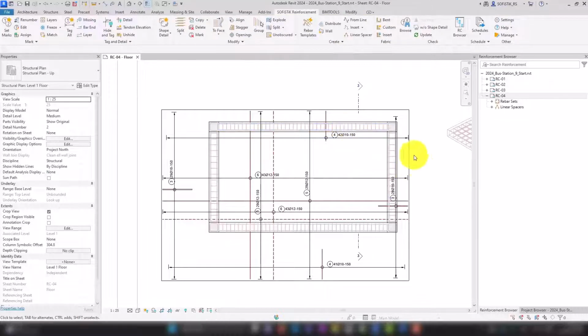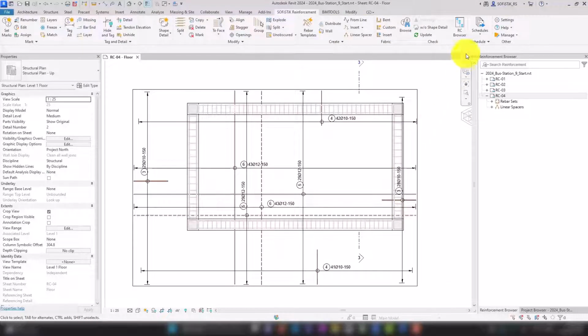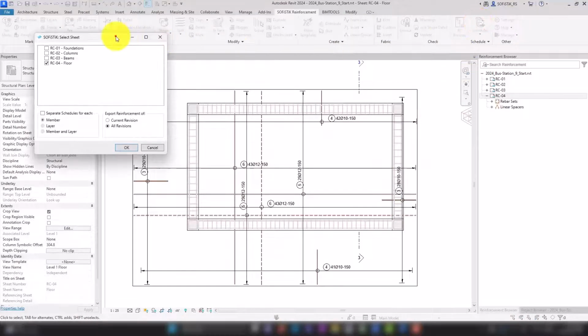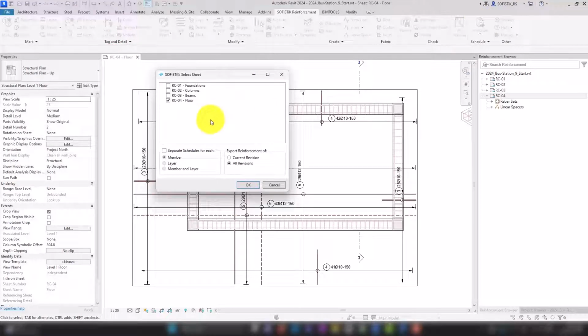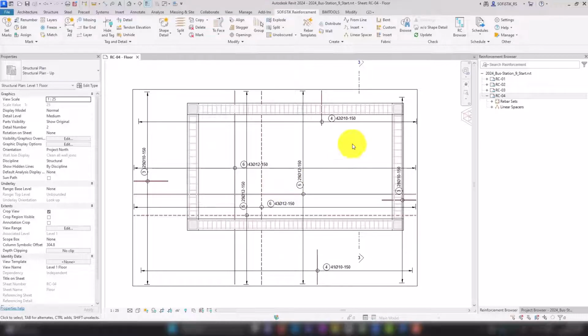Our reinforcement layers can also be used for the steel schedule. For example, to create separate lists for each layer using the option here at the bottom. Even more flexibility is provided by the user-defined steel schedule.